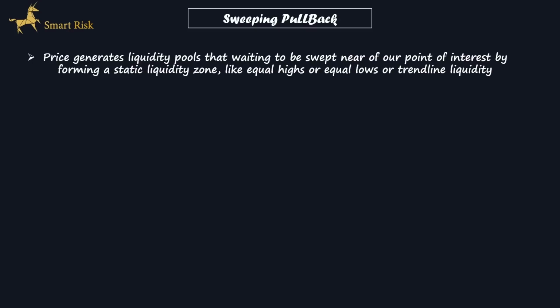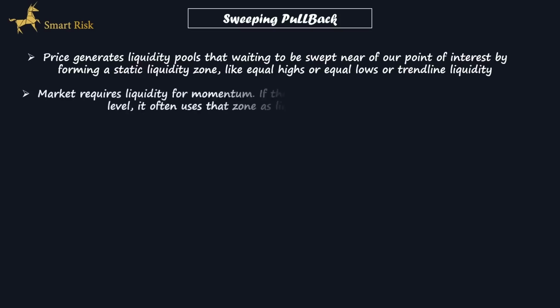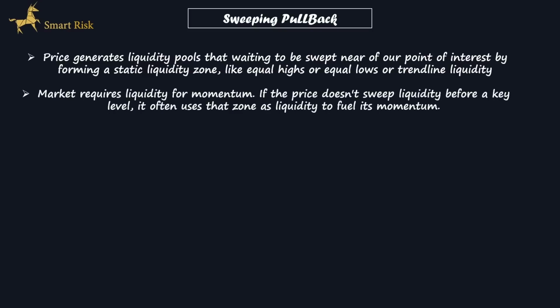Recognizing a liquidity sweep pattern before the price reaches our point of interest is crucial. This pattern confirms the strength of our supply or demand area. We use liquidity sweeps as a confirmation factor. The idea is simple. Market requires liquidity for momentum. If the price doesn't sweep liquidity before a key level, it often uses that zone as liquidity to fuel its